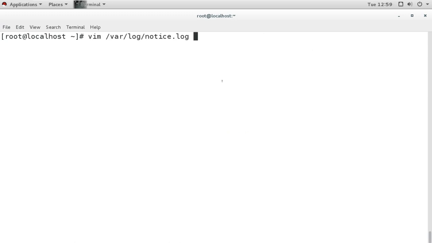For example, if I send the message to info, info will go to the messages file. So when I press enter, every facility's info priority will go to the messages file. Let's check the messages file now.